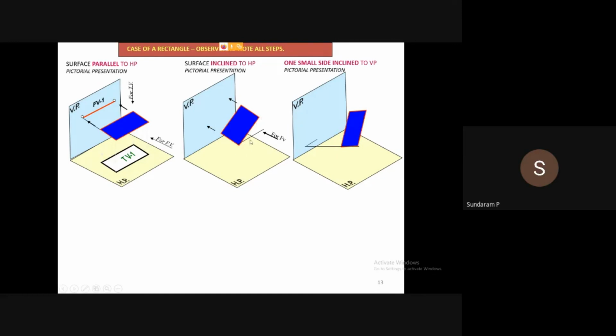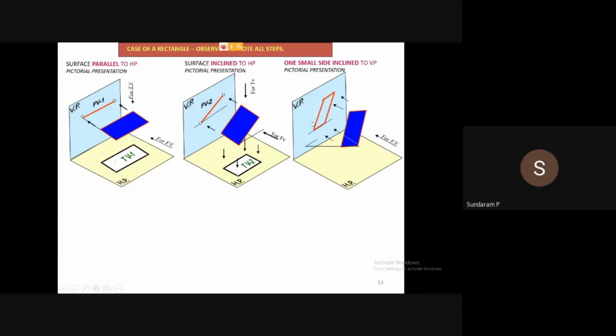Similarly here, A, B with some inclination. When looking at the top view, I won't get the same true shape. I'll get a shorter length of this rectangle. I'm not getting the same length. I can see all the edges A, B, C, D, but I get a smaller shape of the rectangle. Got it? Similarly, when inclined to the vertical plane,